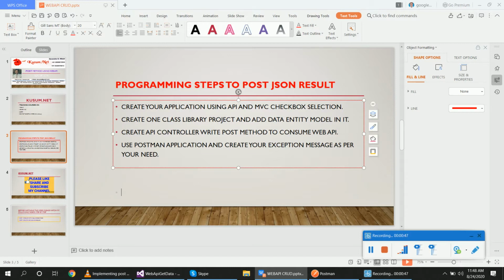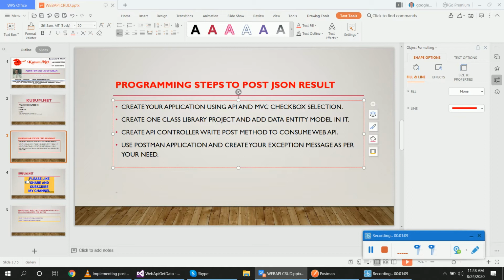Select that same table in the entity data model. Now create an API controller in your MVC application. Write the post method to consume the web API and see what error message is displayed by the Postman application.